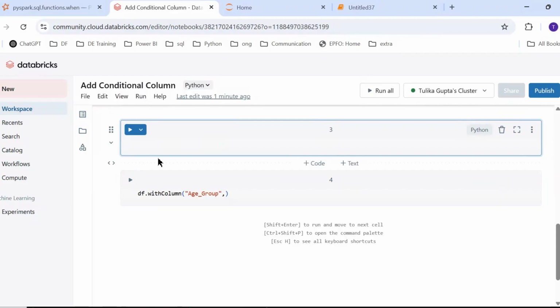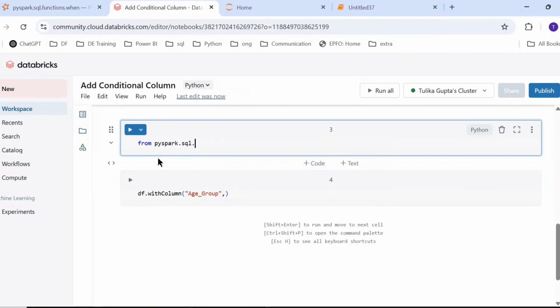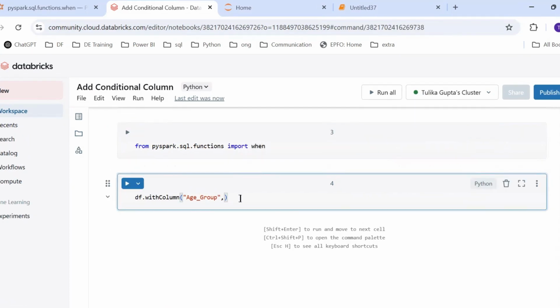So I'll say from pyspark.sql.functions import when. Now I'll quickly write the logic over here. So when df.age is greater than or equal to 18, then what I simply want is to give adult as a value.